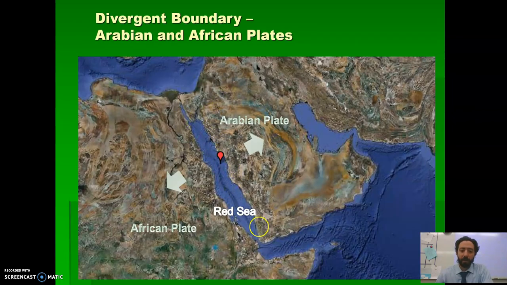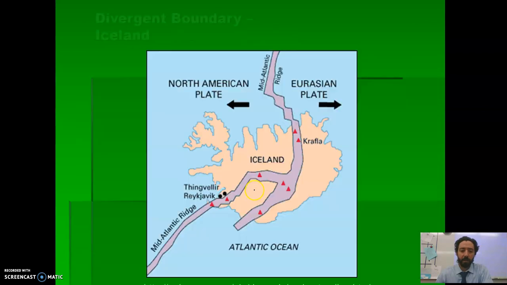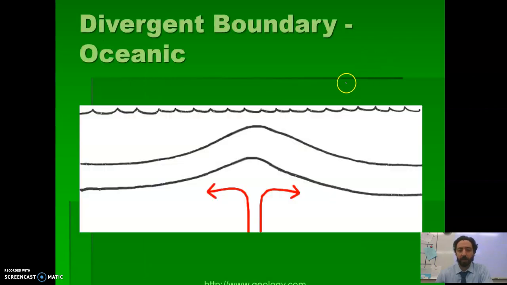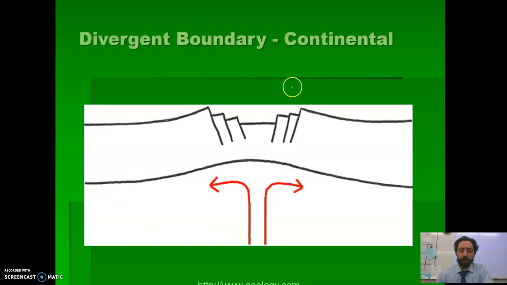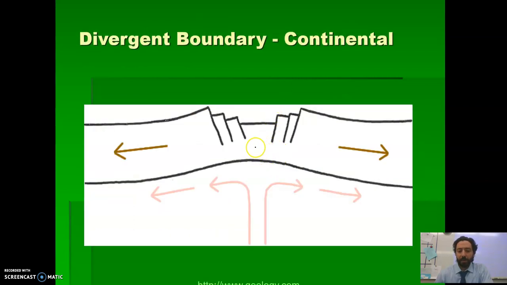So this is another example of a divergent plate boundary. If you need to pause and write down a couple of these for a response, feel free. I'm going to move relatively quickly through them. This is a little animation showing what happens. And there's where we get our new rocks forming. Continental, very similar thing happens. It's being pulled apart, and as it gets pulled apart, you'll see